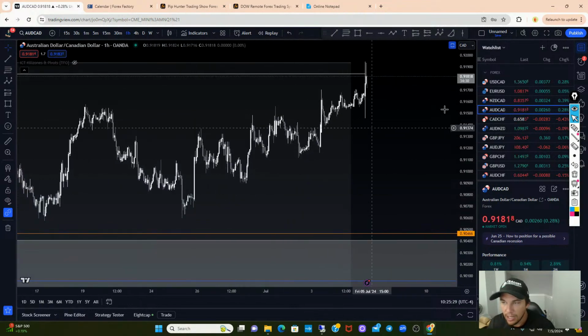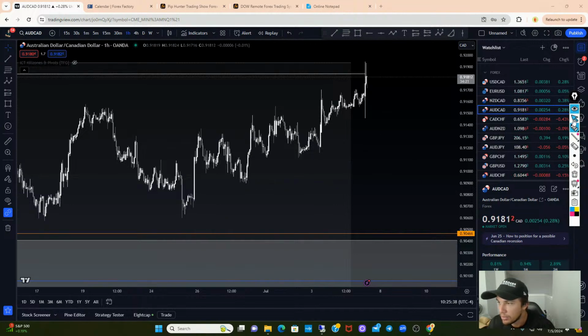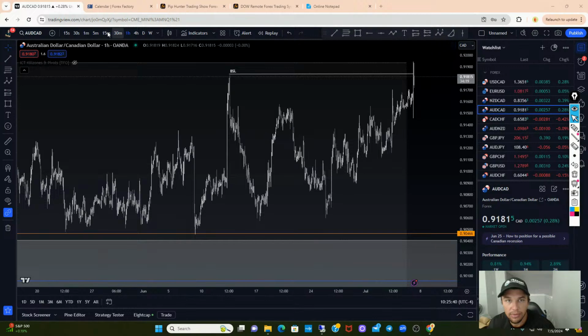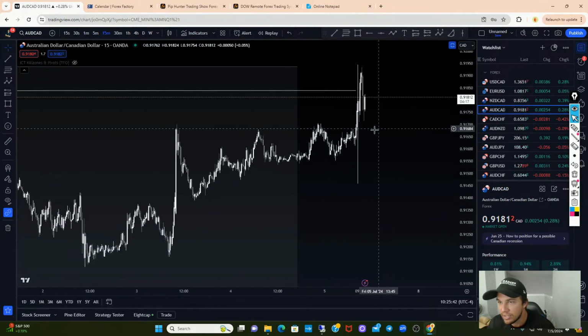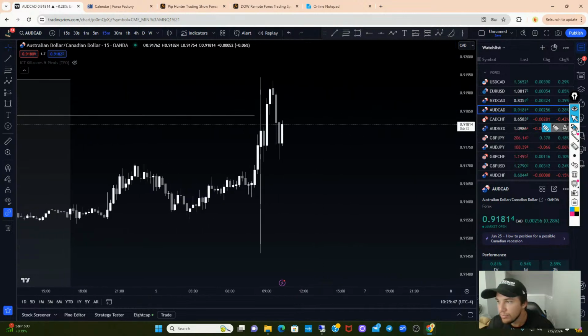As you can see, we've generated a lot of sell side liquidity here, and price is going to look to sweep some sort of internal sell side liquidity. So this is a pretty easy setup here. I'm just going to look in the 15-minute time frame to see if we're disrespecting any bullish imbalances. As you can see here as well,